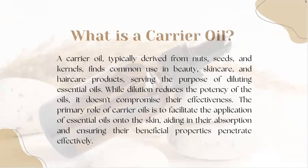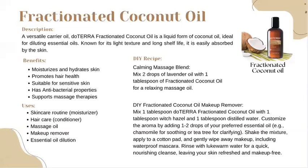And when we also talk about carrier oils, they also have fatty acids in them. So that's a great combination for the skin, and then using them in combination with the essential oils to make them safer for topical application. When we talk about essential oils, there are some essential oils that doTERRA has that we can use neat. However, the majority of essential oils we should be diluting in order for increased absorption, reducing skin sensitivity and any irritation that might be occurring. When you're using an essential oil, you want to remember that a little goes a long way, and that's where dilution is absolutely necessary for any essential oil, because that's the best way that it's going to get absorbed